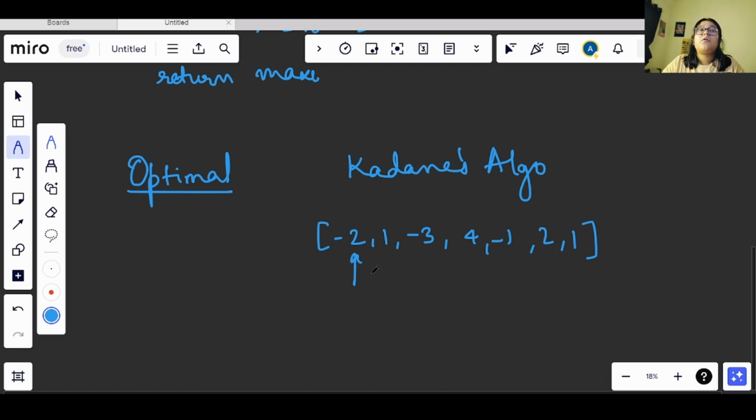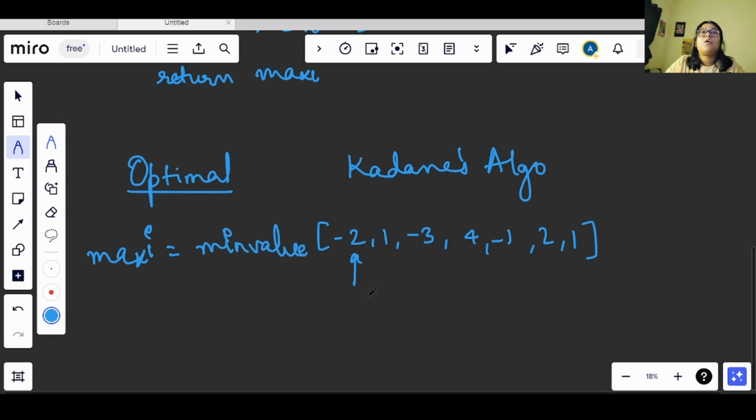Now I have the sum as negative, but what I will do is, I will try to get the maximum, the largest sum that is possible, right? So as soon as I will see that my value is going negative and negative, right? Now my maximum is initialized with the minimum value that is possible,